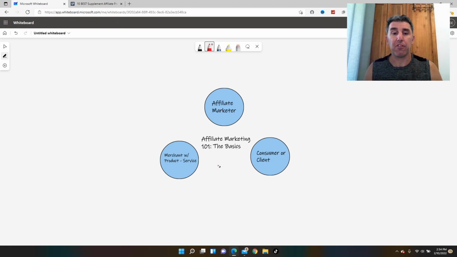So first we have the three pillars of the affiliate industry. We need all three of these to make money and to make it all work. And that is a merchant with a product or service, the consumer to buy the product or service, and then we come in as the third wheel, promoting the merchant's products to the consumer. We're not really needed normally, but what we do is we help the merchant make more money, which is why we collect a commission, because they are appreciative when they have more business.